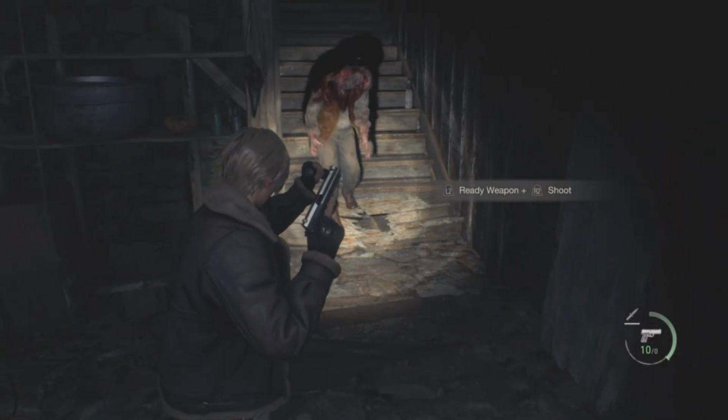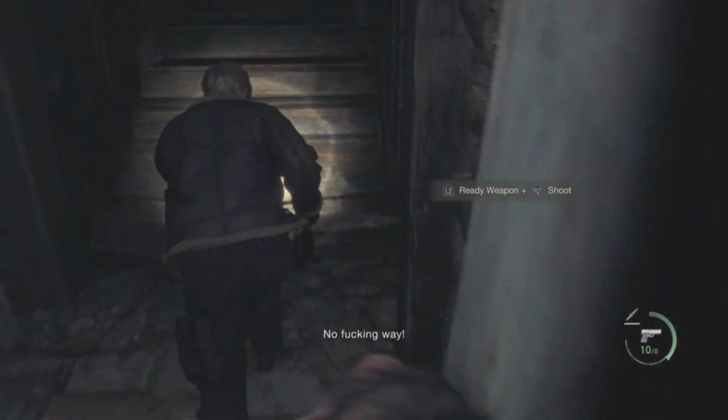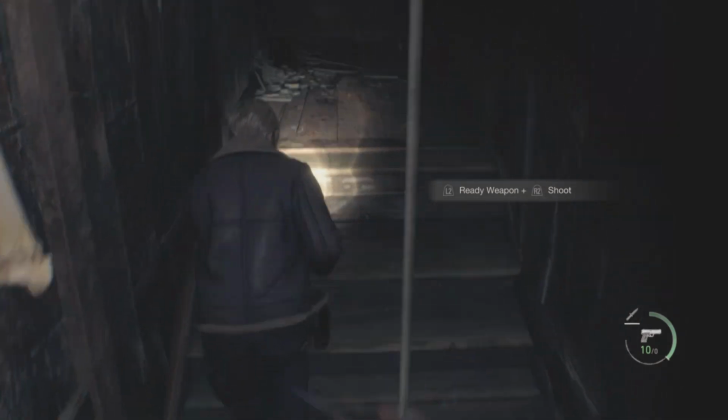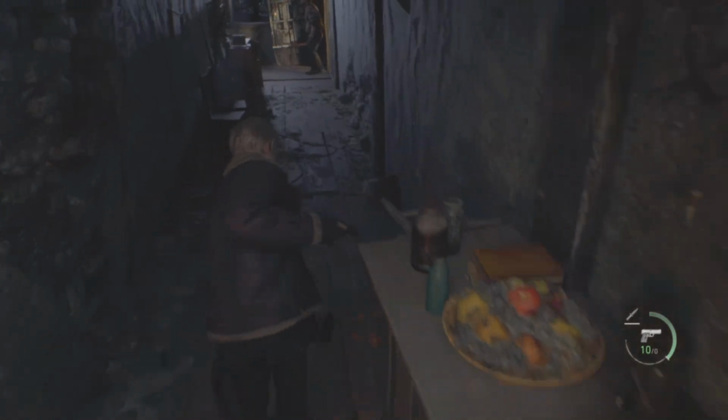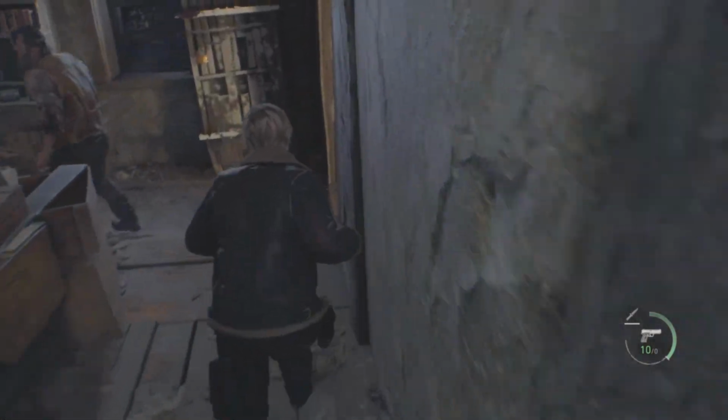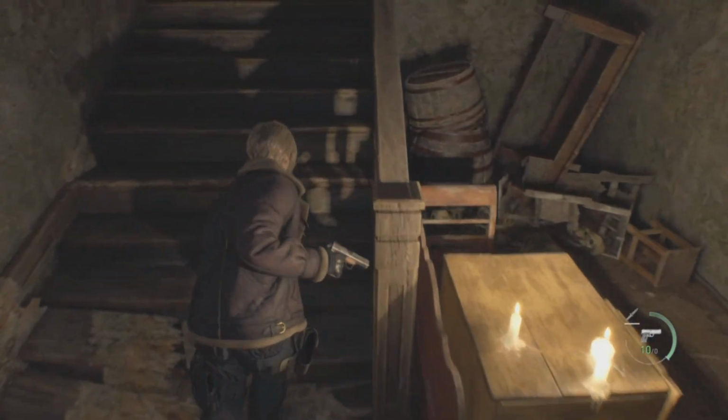Hello everyone, welcome to my Resident Evil 4 Remake, Professional Difficulty, S+, no damage, no nuke impulse items, no charms, Wars Through. This will cover chapters 1 through 6, and what you'll be seeing is a supercut of gameplay where